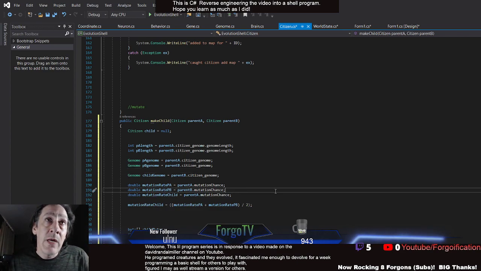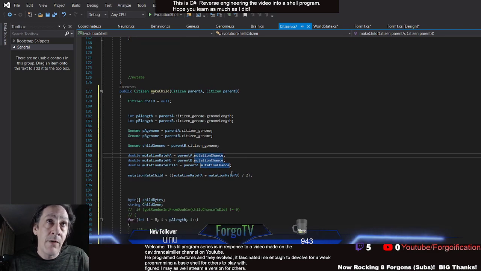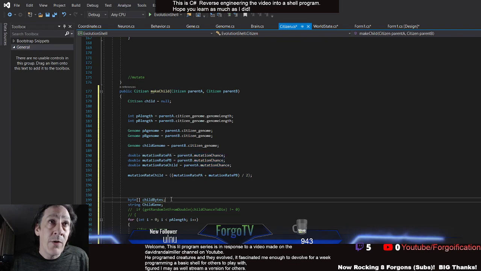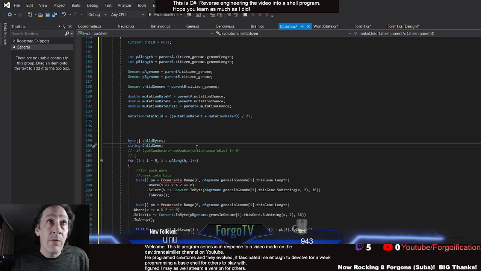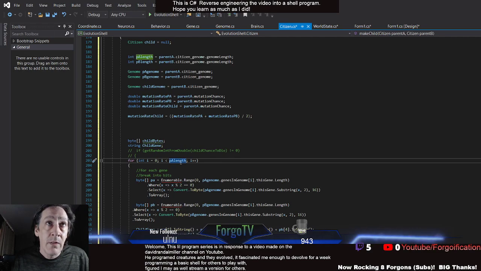The mutation rate of the child is going to be the mutation rate of the father, is basically how I've got it set up, and then I modify that by taking both of them and averaging it. So if one's really high and one's really low, the child's going to have an average. There's a lot of ways you could do it. Then we've got a name of the gene, and then for the length of the genome of the first parent,